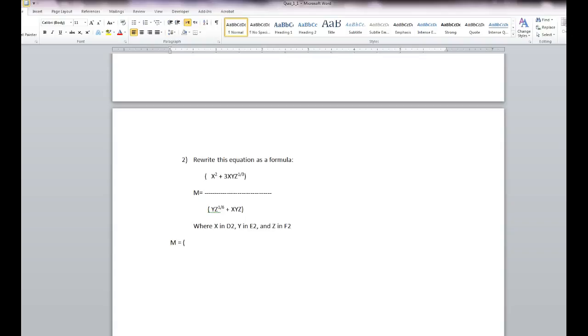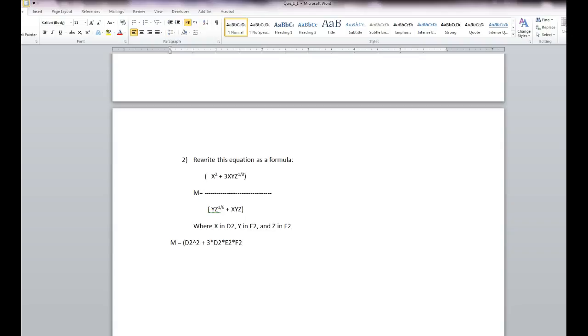Start by opening parentheses. D2 is where x is, raised to the second power, plus 3. Every time we see multiplication, we must use the asterisk. Plus D2 for x, plus E2 for y multiplied by E2, sorry, here, and multiplied by z, which is F2,